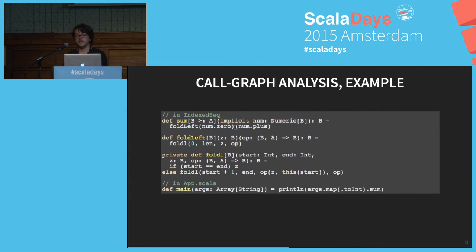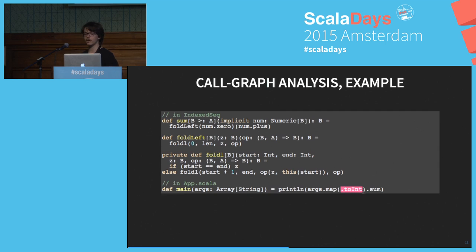So let's have a look at this example and see how in this particular example the type flow will work. Here we have a main method, which is an entry point of this program, which prints the sum of the integer values of the arguments of the program. Here we can see that we have a map method, and here we have a sum method. Let's concentrate on sum. We can see that it actually gets a type parameter which is an integer